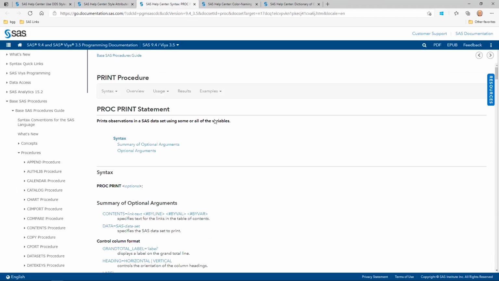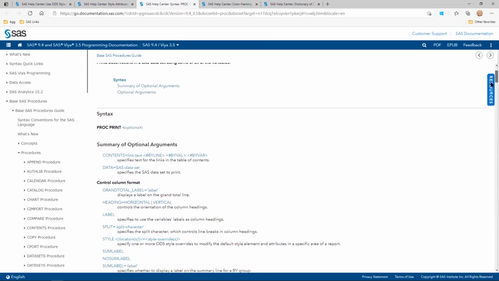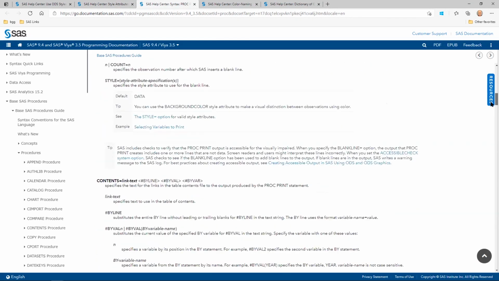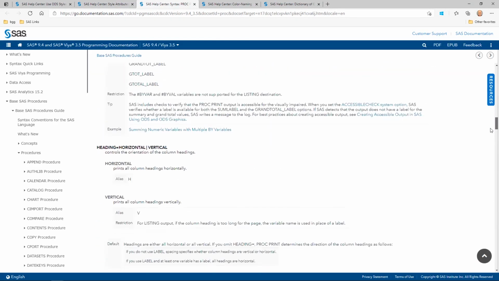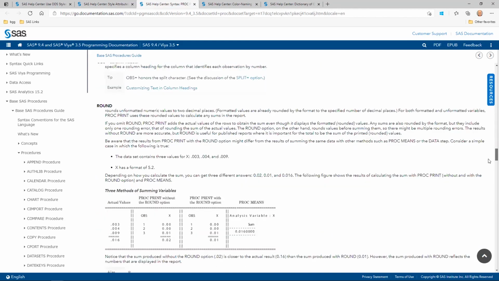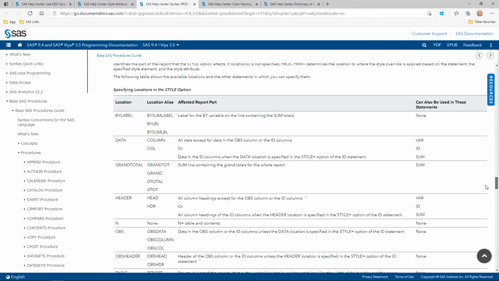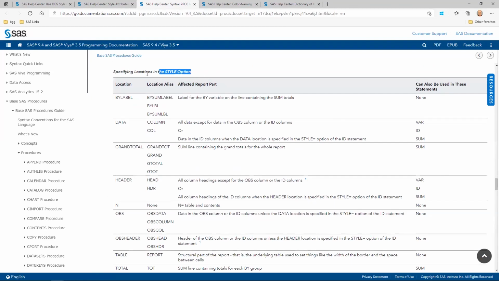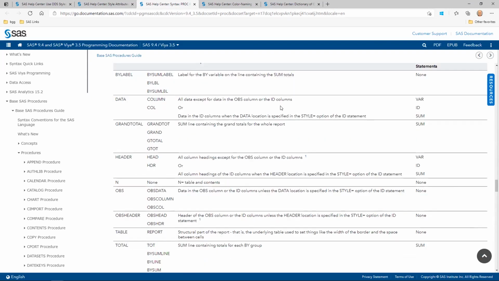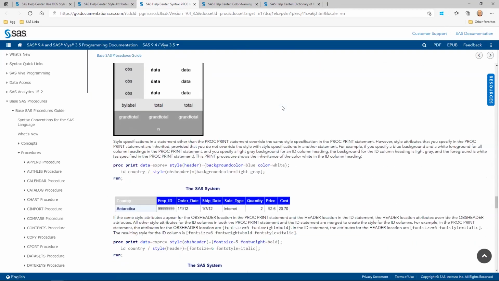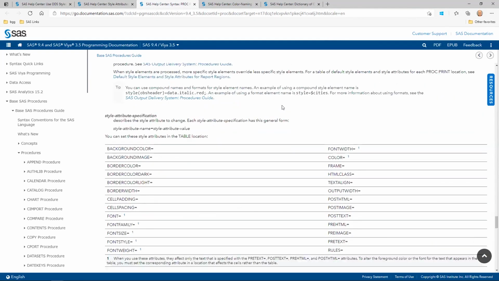Then there's the PRINT procedure statement itself. Again, this is a nice discussion about the statement and the procedure of PROC PRINT. But then down below, as you go further down, here again are the various locations where you can apply style options and some of the coloring, etc.